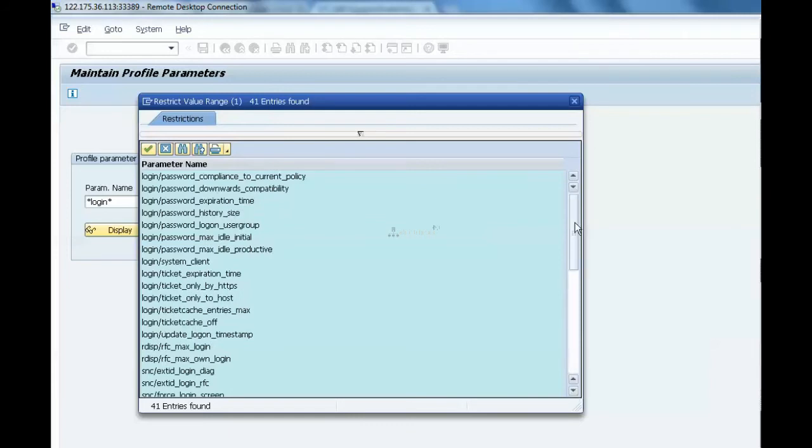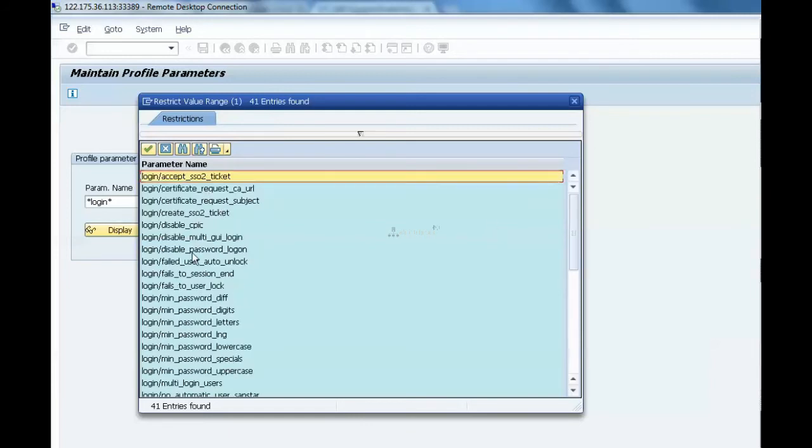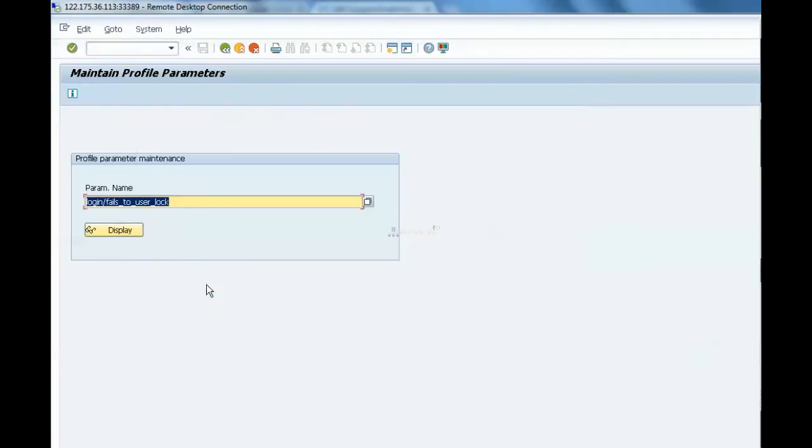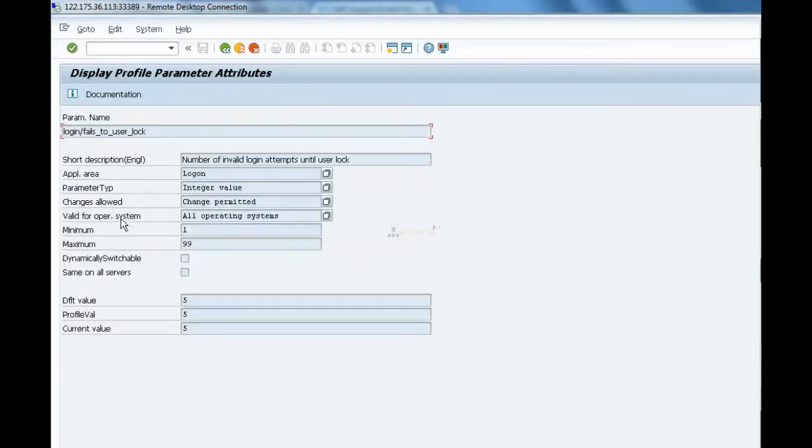Here we can find the parameters: login disable failed session, user fails to user lock, failed to user lock, password difference, digits, letters, length, lower characters, special characters, upper characters. We'll see this one, the number of invalid login attempts until user lock.